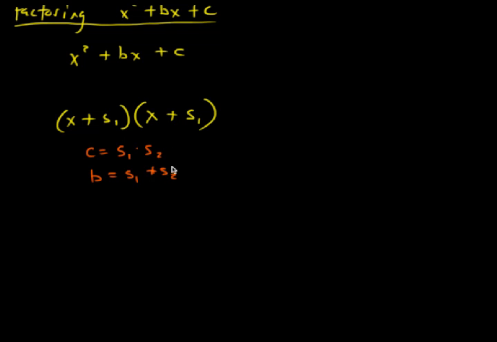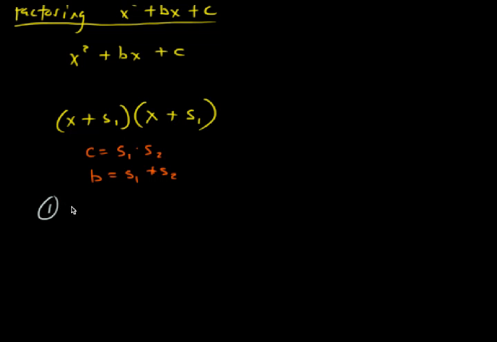Now, if I want to use these facts, like solving some sort of mystery, how I could get it written in this form, the more restrictive or the more conclusive fact that's going to help us out is this product one. Because especially if I'm limiting this just to integers for the time being, there are only going to be so many factors of c, or so many numbers that multiply to be c. And as far as the sums of integers that add to b, if b was the number 2, for instance, I could have 1 and 1, or 0 and 2, or -1 and 3, or -2 and 4, and there'd be infinitely many solutions that would work there. So this is less restrictive of a fact. So what we're going to do,